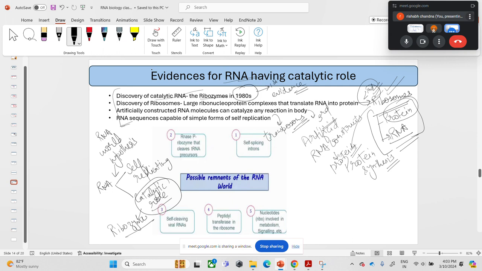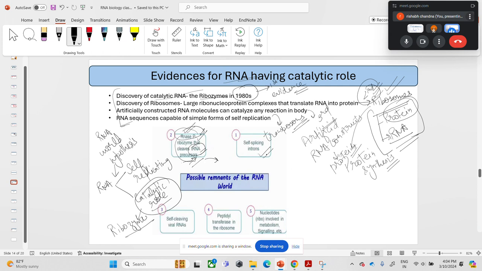No, sir. Okay, so now this leads to the possible remnants of the RNA world. For example, the RNase P ribozyme that catalyzes the tRNA precursor. So this is basically the enzyme that, during tRNA formation, there is splicing and all those processing going on. So there is a molecule called RNase P that catalyzes the degradation of the precursor molecule and formation of